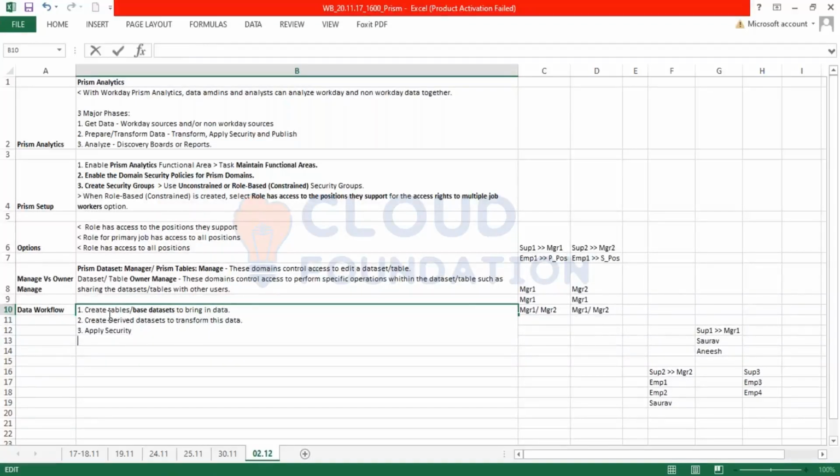The fourth step is to make the data available for analysis, and you do that by basically publishing the data. And finally, we analyze and visualize the data,